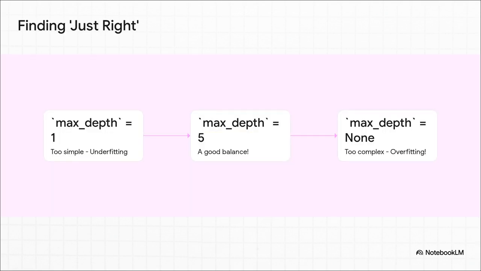Let's just walk through a quick example. So say we start with max depth set to 1. The tree makes one single split. That's it. It's way too simple. Classic underfitting. Okay, scratch that. Let's try the other extreme. We let it grow as deep as it wants. Now it's a tangled mess. It's captured every single outlier, total overfitting. But what if we try something in the middle? Maybe we set max depth to, say, 5. And suddenly, boom, we've got a model that's complex enough to see the real patterns, but not so complex that it's just memorizing noise. It's just right.